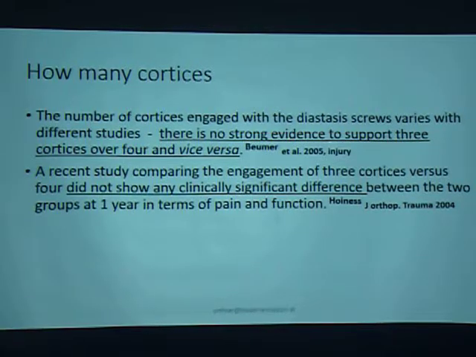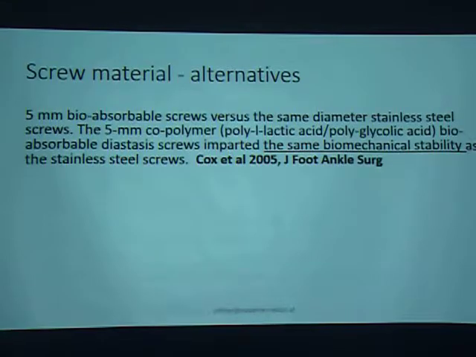There's no strong evidence to support 3 quantities over 4, or vice versa. Again, he says, all is in discussion. We can do everything. Personally, I always make 4 quantities, because I feel much more stable. With 3 quantities, it can still tilt up a little bit. With 4 quantities, you hold the length. But biomechanically, it's not the same.